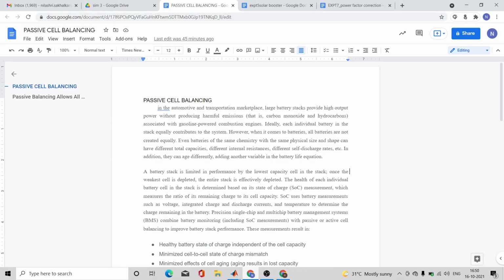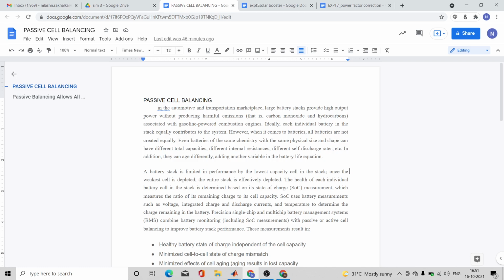So let me tell you that the future is electric vehicle, and battery is the one which supplies to your electric vehicle, because of the battery your electric vehicle is able to run. So it is very important that the health of the battery, the life of battery is maintained. Your battery is composed of a group of lithium ion cells which are connected in series and parallel in order to get the required current and voltage.